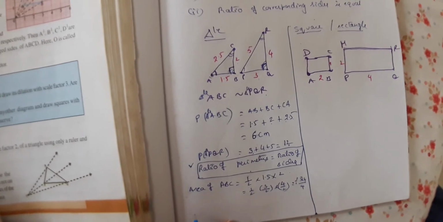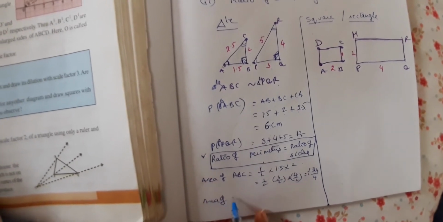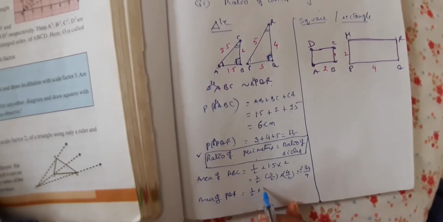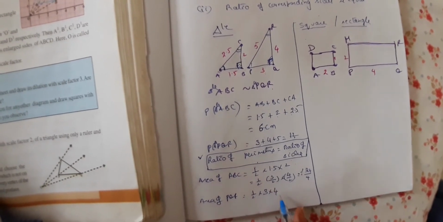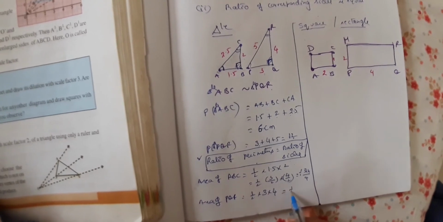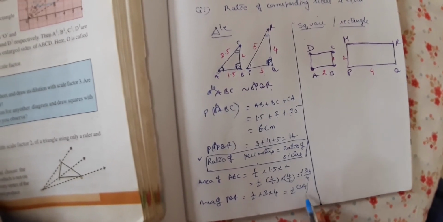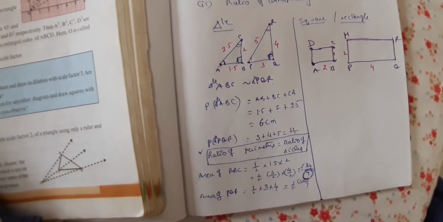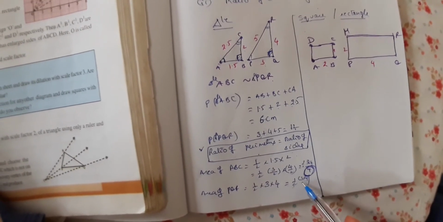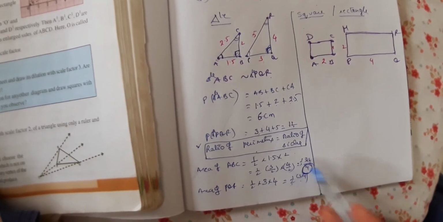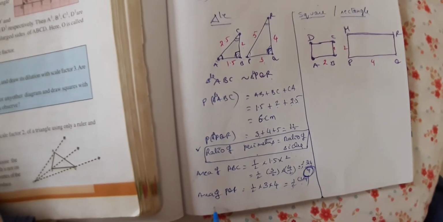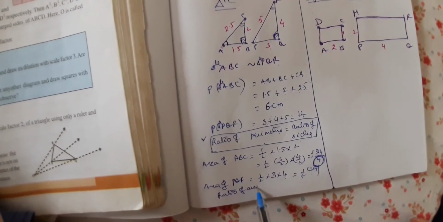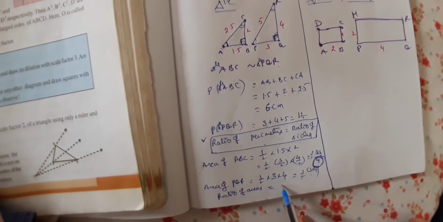Right. So now area of PQR. What is that? Half into 3 into 4. So that is half 3 into 4. Now when you find the ratio of these two, what is that? 1 by 4 times. You are getting it to be 1 by 4 times. This and this will get cancelled. So thus you can conclude that ratio of areas is equal to